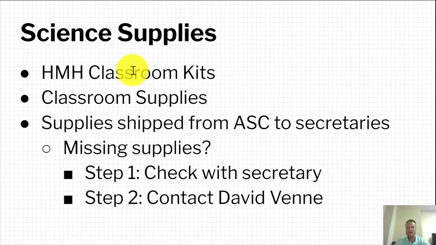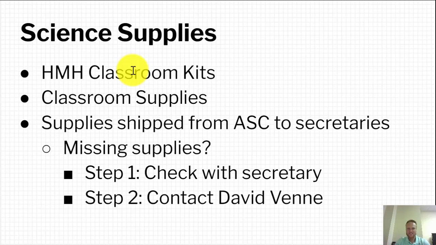The third way that we would get you supplies, and this was kind of the new addition last year, was we started shipping boxes of materials to the school's secretary. And the secretary would then sort through those materials, and God bless them, they did an amazing job last year, and they would sort the materials by grade level and classroom. So you very well may have received science supplies in your mailbox, or it may have showed up in your classroom. It all kind of depended on how the secretary worked their magic,